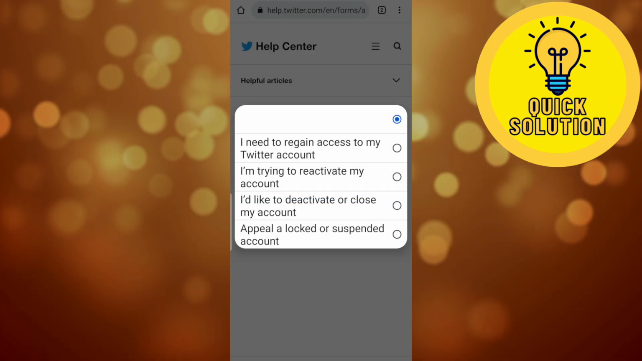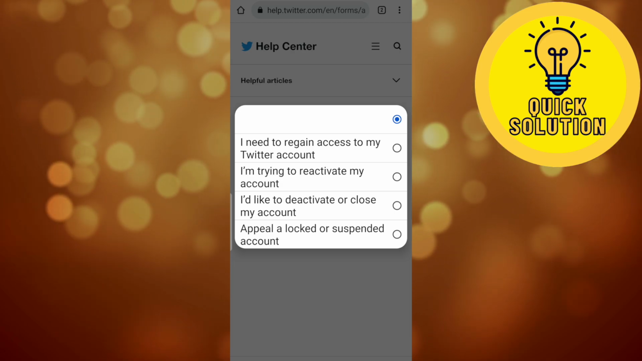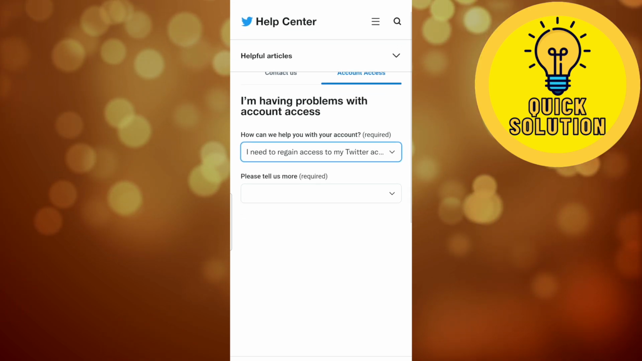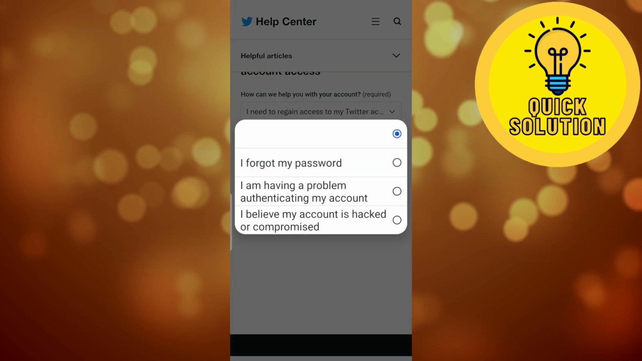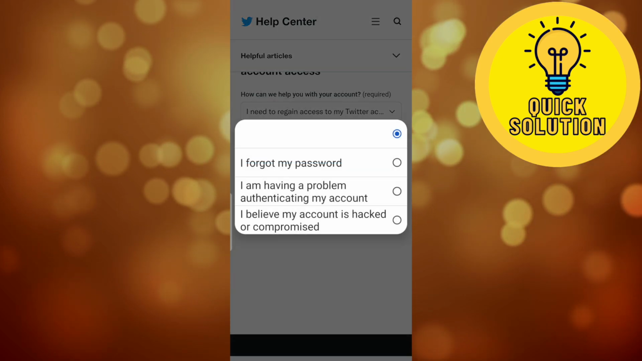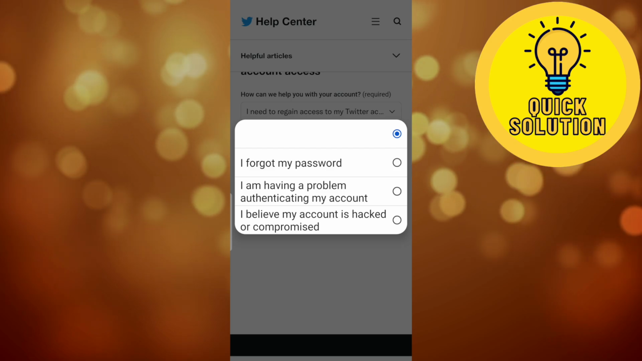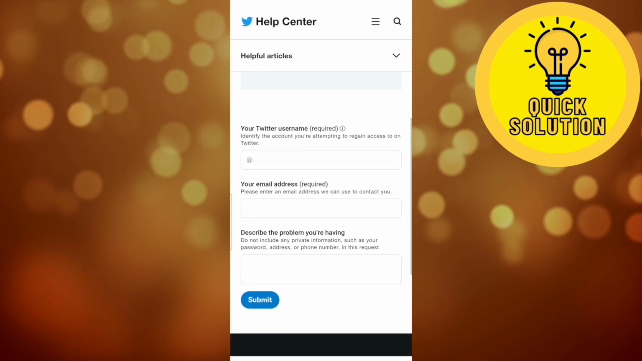So I'm just going to hit on that, and I just have to select the option I need to regain access to my Twitter account. Okay, so as you can see, we have a new option right here, please tell us more. So I have to select the option right here. I'm having a problem authenticating in my account, so this will bring us to a form that we need to